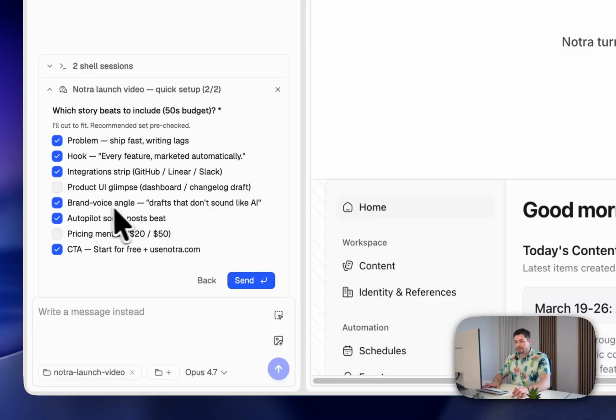A brand voice angle, I think that's pretty cool, because Notre actually allows you to create web content or social media content that aligns with your brand, rather than sounding like generic AI content, which is pretty cool. And then we want a small showcase about posting on social media using their autopilot feature, or the automated posting feature. We don't want to see pricing, but I think a small call to action at the end is pretty good. So we've just disabled the product UI glimpse, and everything else we'll keep as is